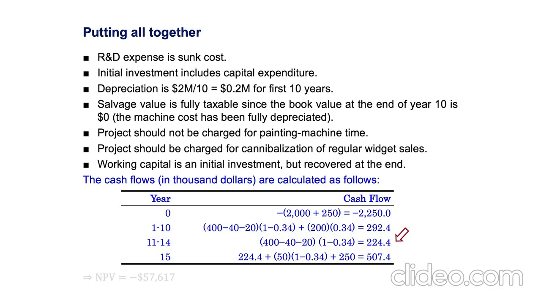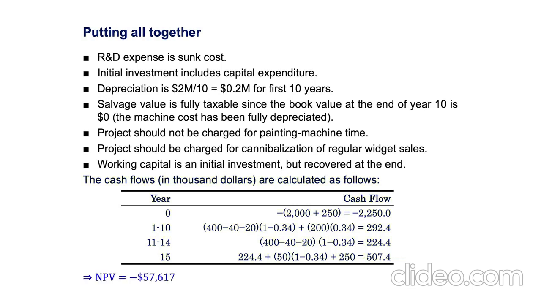The sum is $292,400. From year 11 to 14, there's no more depreciation, no more tax credit. The cash flow is just the after-tax profit, which is $224,400. In year 15, the cash flow has 3 pieces. The first piece is the after-tax profit, which is $224,400. The second piece is the after-tax salvage value of the machine, which is 50 times 1 minus 0.34, because we have paid taxes on it. The third piece is the working capital recovered. Adding them up gives a total of